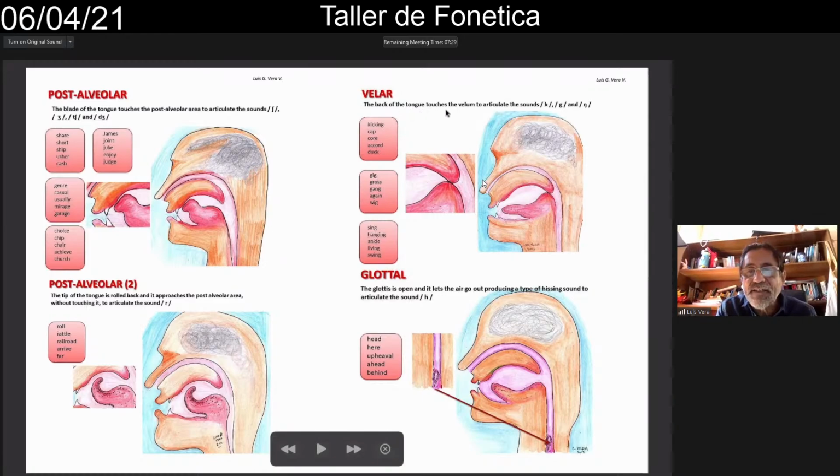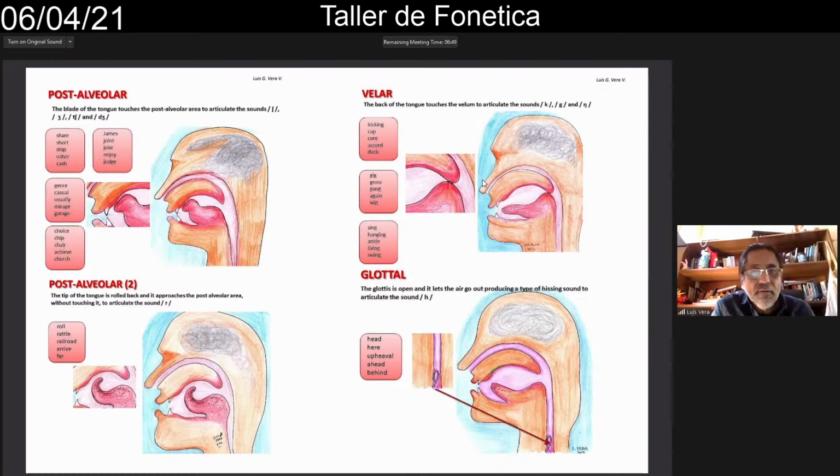The back of the tongue touches the velum to articulate the sounds k, g, and ng. Yeah, this is new for you. Yeah, it happens here in some places. For example, in some connections. For example, when you say kicking, or hanging, na, na, na. But let's start with the sound k. For example, we put the back of the tongue against the velum, and we make this sound: kicking,